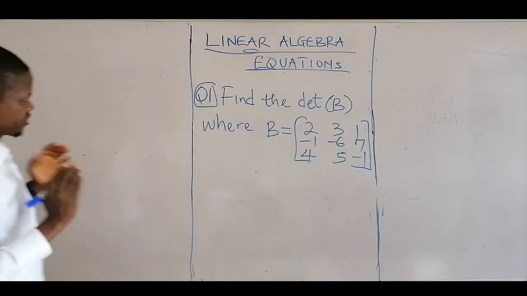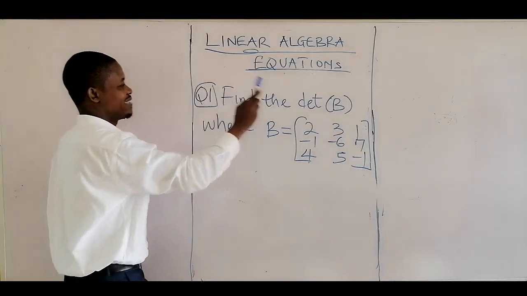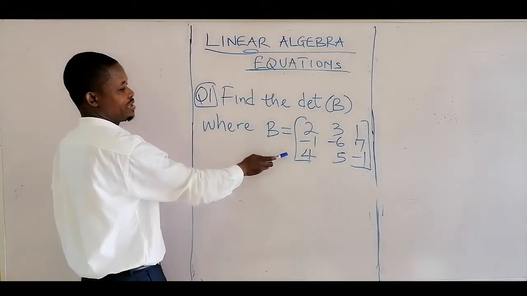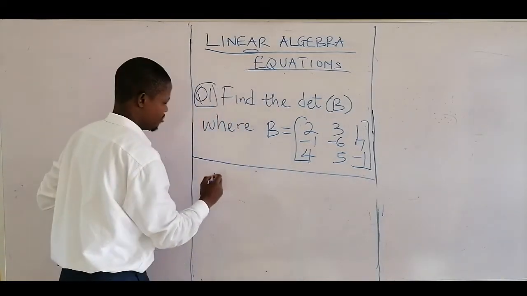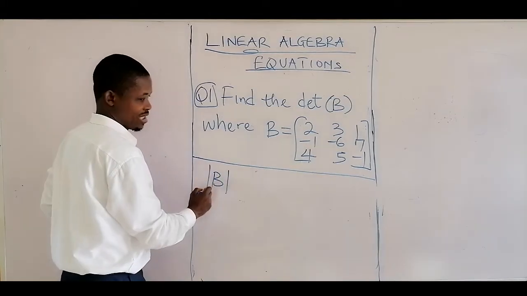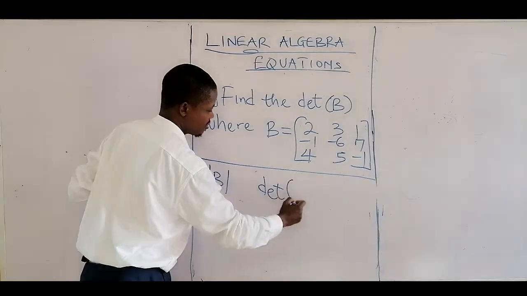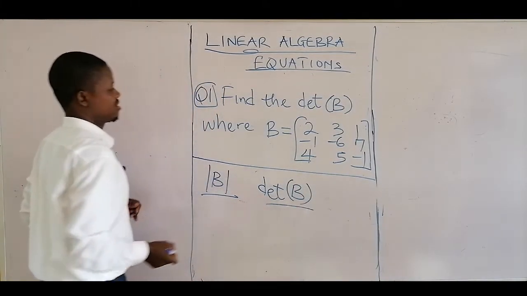Yeah, want to look at questions now. Want to see questions, find the determinants of B. And these are our B. Okay? I've said earlier on that we use the symbol for determinants. Another one you can use is what we call the DET. So they are the same thing for determinants.